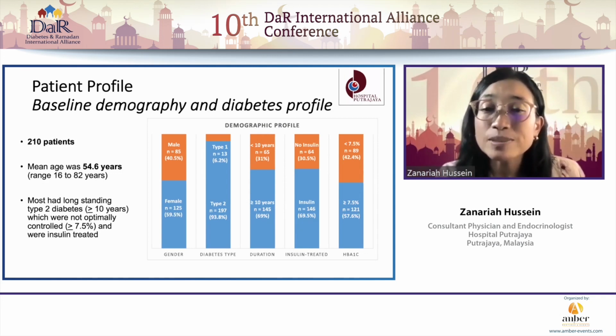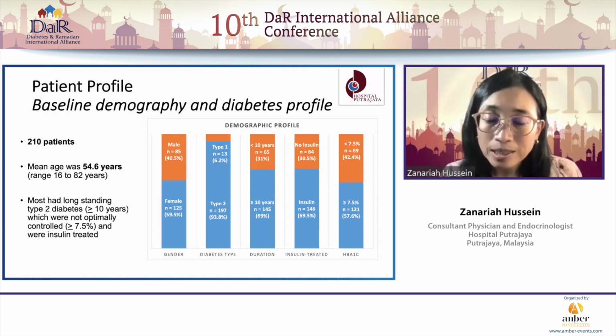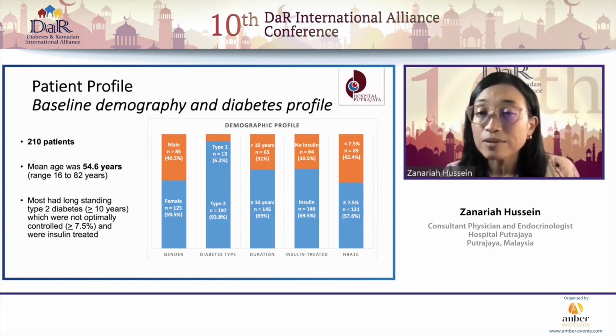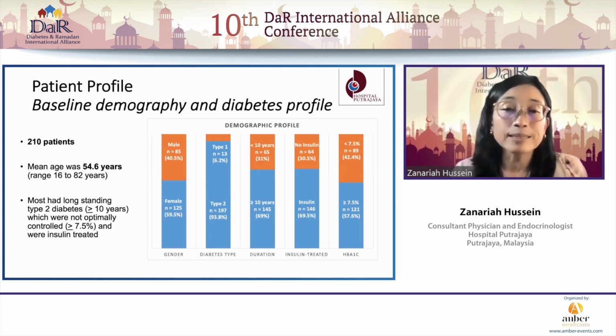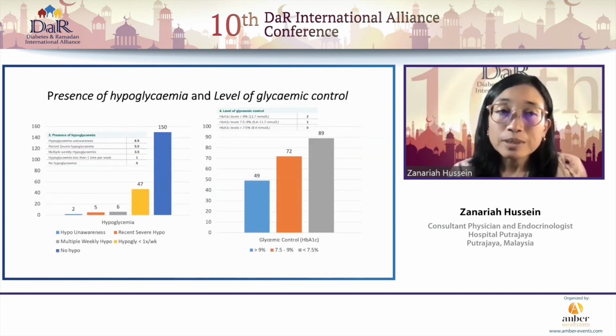And being a tertiary hospital, we're actually seeing patients with longer duration of disease and comorbidities and complex conditions along with their diabetes. So they had more than 10 years of diabetes in 70% of them. And also because of the setting of our diabetes clinic, we were also seeing more people on insulin, about 70%. Here I'm also sharing with you the other results from the other elements of the risk calculator.